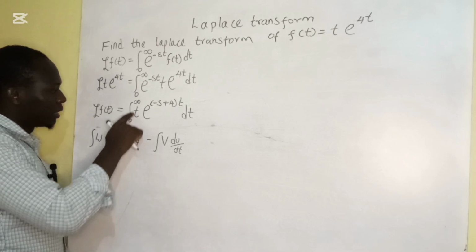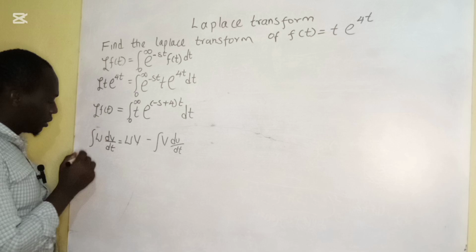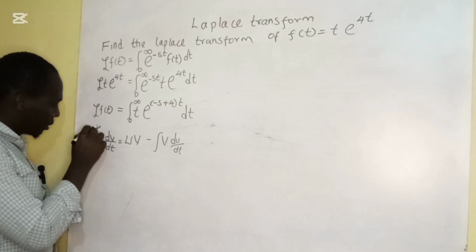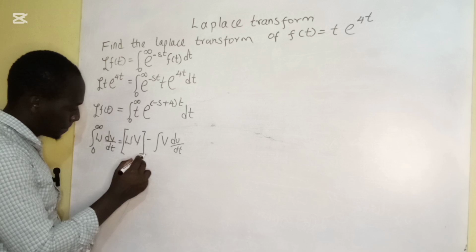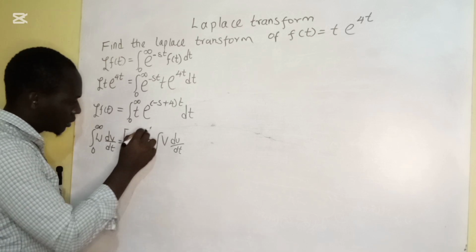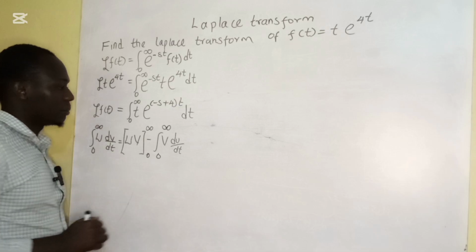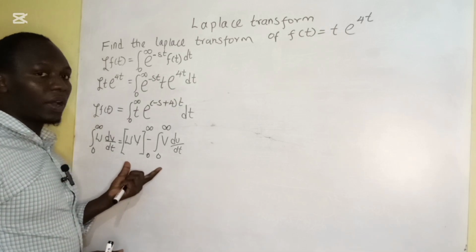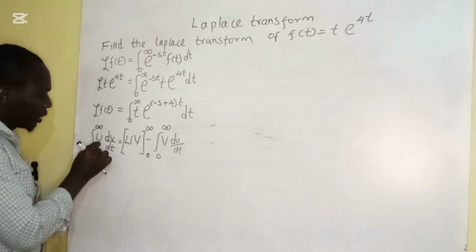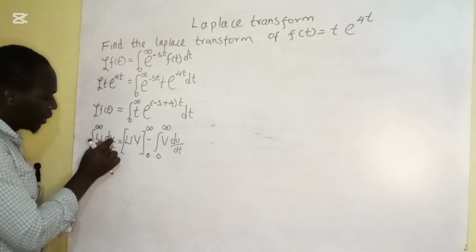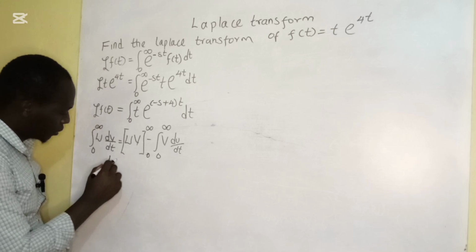But here it is an integration with respect to our limits. We must include the limits, the lower class limit and the upper class limit. Before taking our integration, we need to put into consideration how we are going to have our u and dv with respect to dt. We must use this acronym,